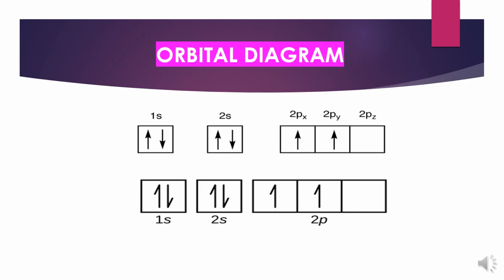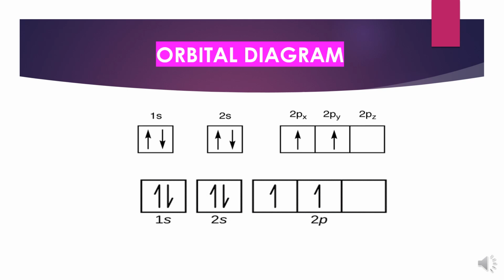And the second way in which we can represent the electronic configuration of an element is the orbital diagram. This orbital diagram is quite simple to draw. Just draw a box for a particular orbital. For the s subshell, we just need to put one single box, because an s subshell always has one orbital. For the p subshell, you need to draw 3 boxes. For the d subshell, you need to draw 5 boxes, and for the f subshell you need to draw 7 boxes. So these boxes are equivalent to the number of orbitals.